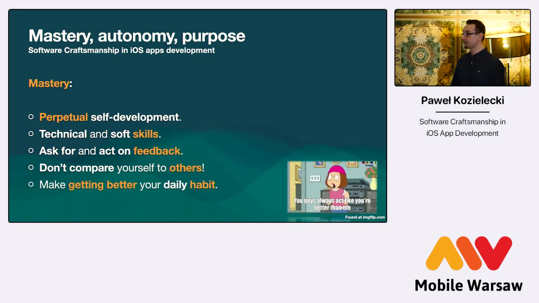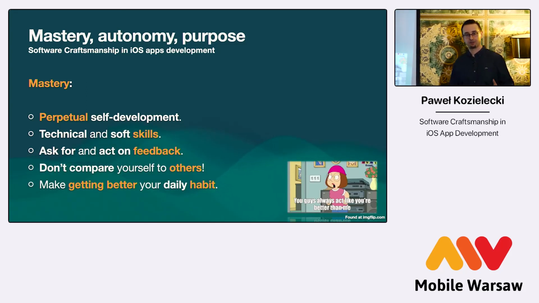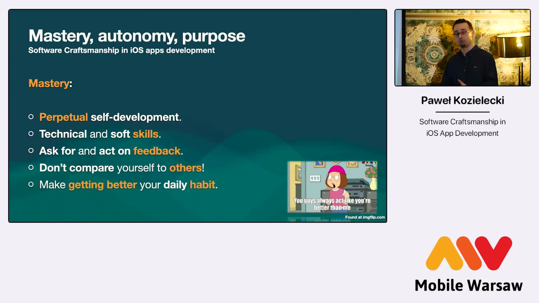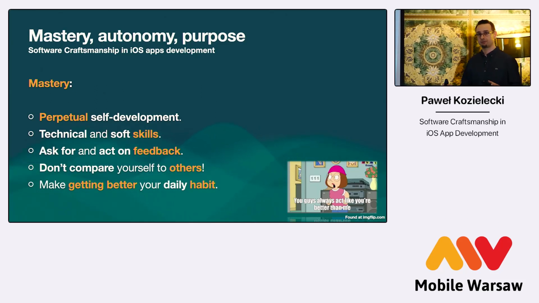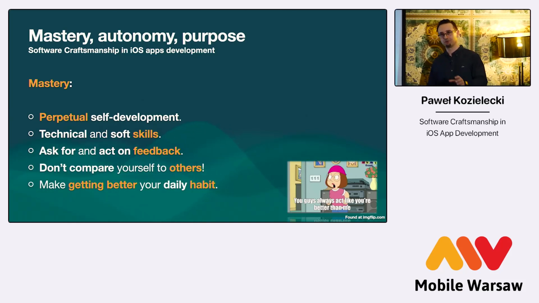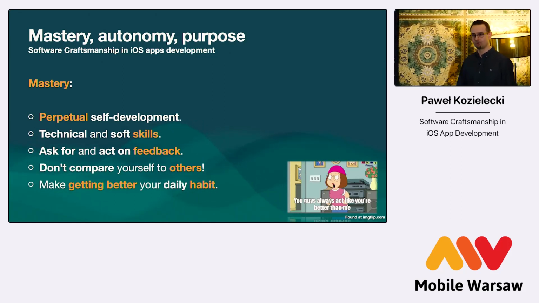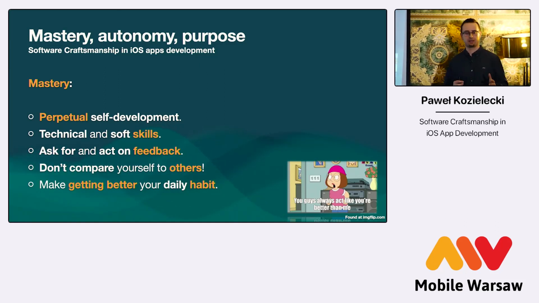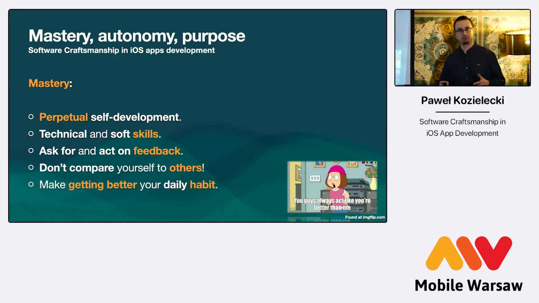And finally, something that was a bit of a game changer for me, I wish I could have learned that faster, is an ability to turn my targets, my goals, into a series of manageable habits. So let's say you want to learn TCA, let's say, in a month, right? This is a typical goal, like a good old success coach could teach you, right? Set up a clear goal with a clear deadline and so on, right? And it is a good goal, right? It's definitely worth considering. However, it may sound daunting, especially if you haven't tried any Redux-based architectures before.